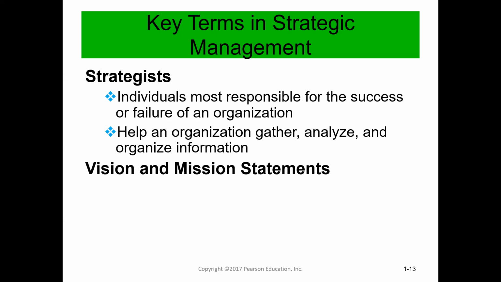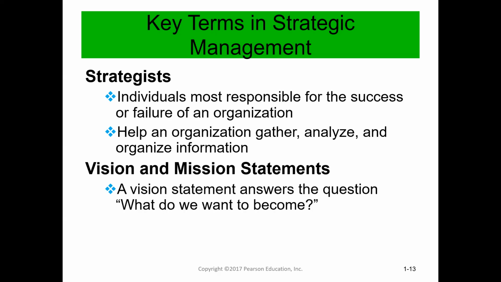So we have the vision and mission statements. A vision statement answers the question, what do we want to become? So in other context, this is what we call the vision statement: an almost impossible dream, no? Mangarap ka na nga lang ay laki-lakihan mo na, no? Vision. What do we want to become, no? Just like in Cavite State University, our vision is to become globally competitive, morally upright individuals, no? So that's what we want to achieve.